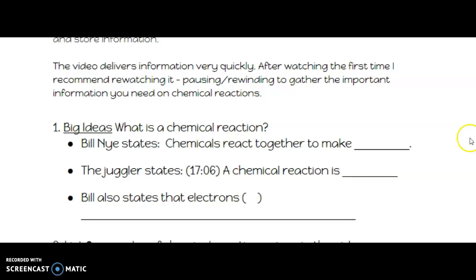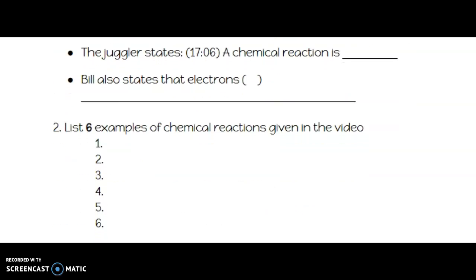You're going to go through and answer the questions where there are lines. Sometimes you're going to see parentheses with a number in it. What I'm showing you right here is you're going to find this answer when you are 17 minutes and 6 seconds into the video. So as you watch the video, you're going to go through and fill in your note